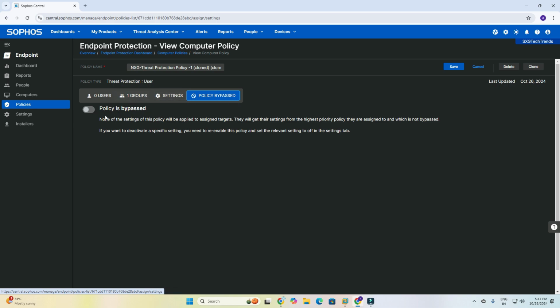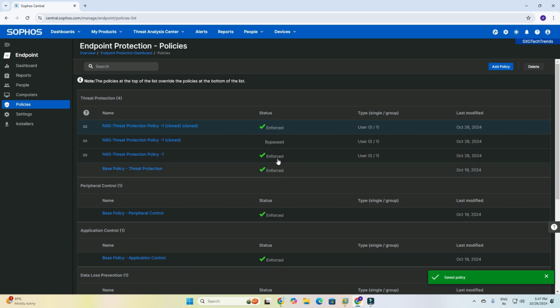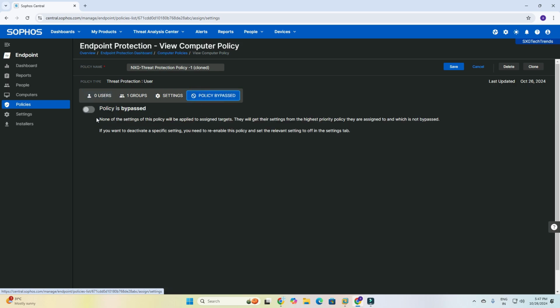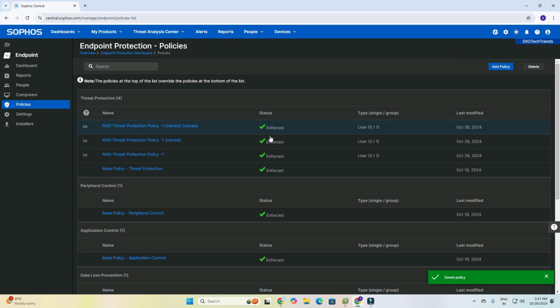So don't click bypass policy, just enforce policy. Automatically the default disable policy will be significant. Okay, click here, so you can enforce this policy on these users. So don't click on bypass every time. Remember, click here and enable this one, then your policy will be applied on that group. So you can create a policy like this.